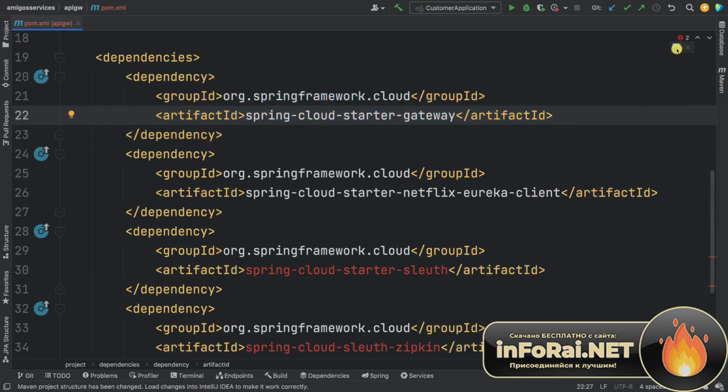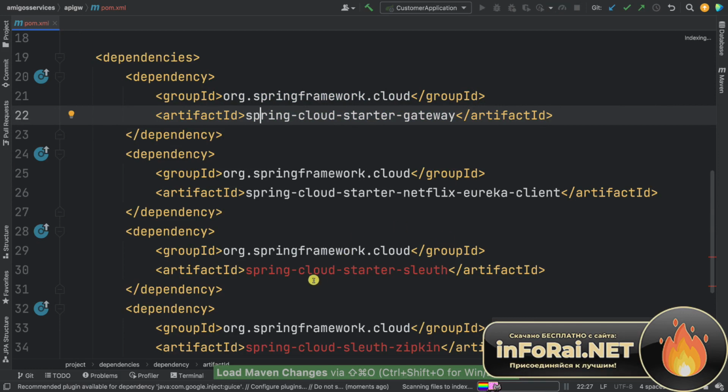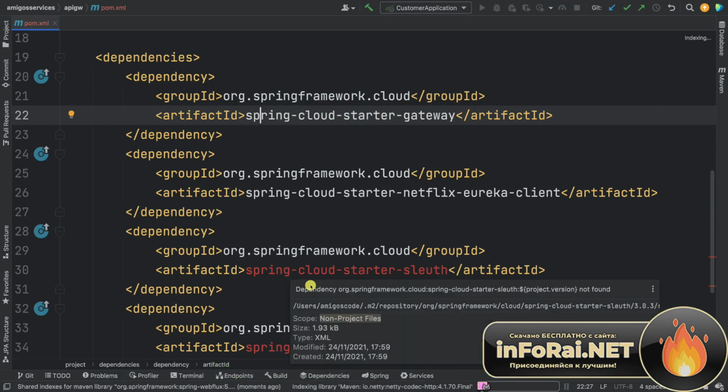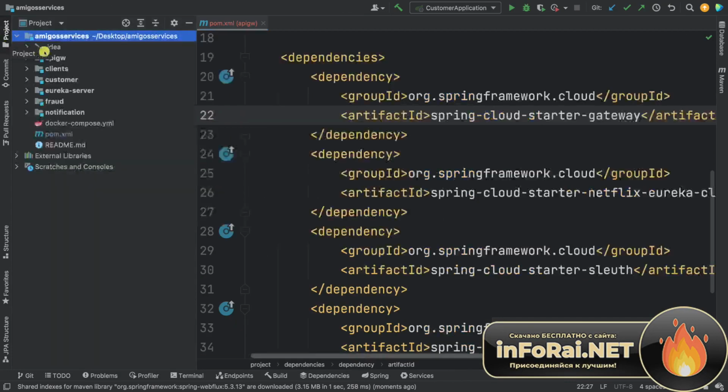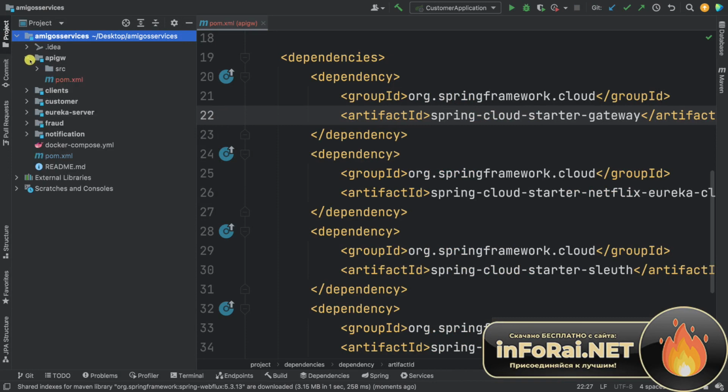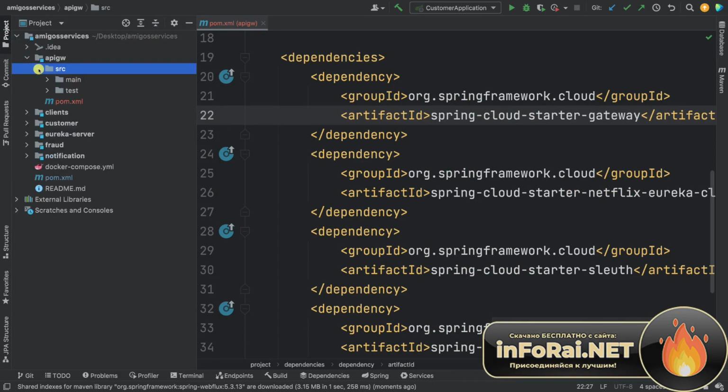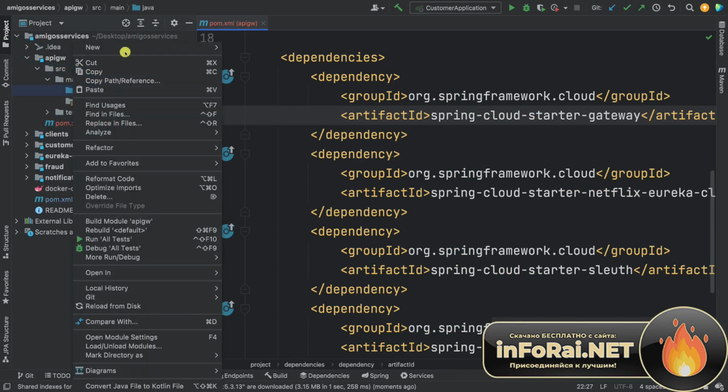So now let me just reload these Maven changes, and this should come up fine now. Just give it a second. And there we go. Now let's open up the project, and within API gateway, within source, main, Java, let's have a